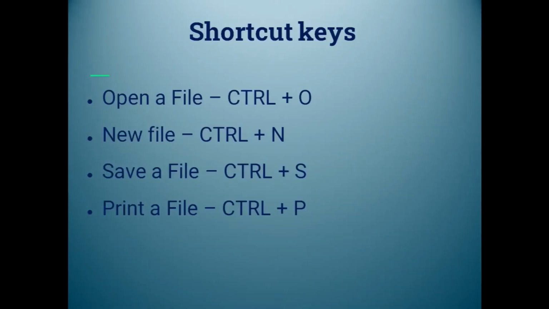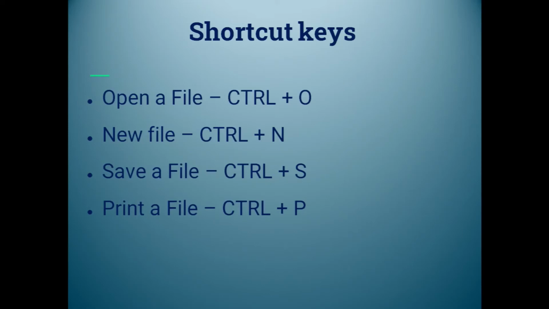So, for opening a file, as I have discussed, if you keep your cursor near those options, you will be able to see the shortcut keys. For opening a file, you can use Control key plus O key. You have to use both these keys together. You have to press Control plus O together, then I will get the open dialog box. You can also use menus for getting the options, but if you know the shortcut keys, you can do the work faster.